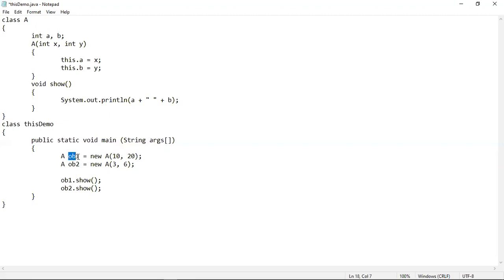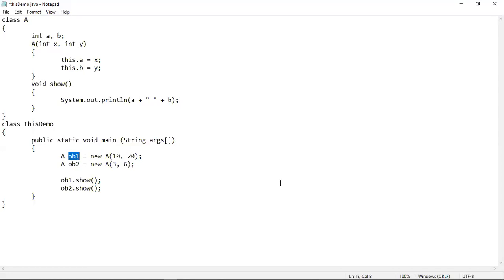So when this object is taken into account, which is ob1, then using this before the instance variable a is actually this use of this keyword here will explicitly remind the compiler that currently you are dealing with object ob1, because I have already told that this keyword is used to invoke the current class object, current object.